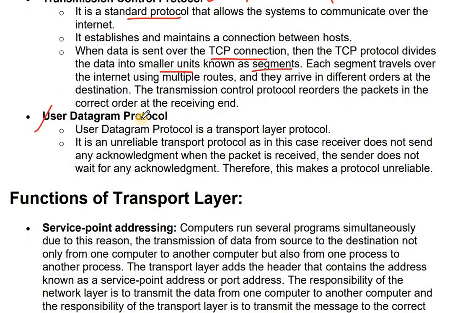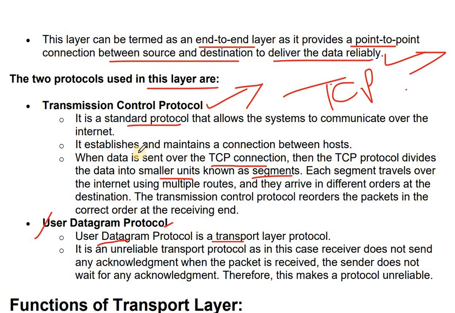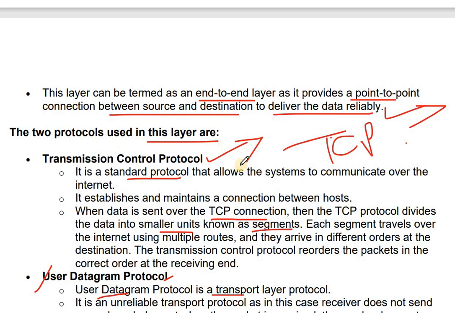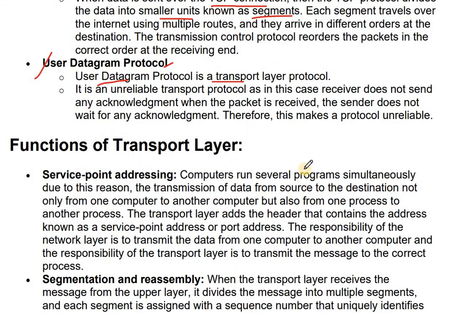Now, second is the User Datagram Protocol, UDP. It is also called UDP for short. User Datagram Protocol is a transport layer protocol. These two are transport layer protocols. It is unreliable. An important thing: it's an unreliable transport